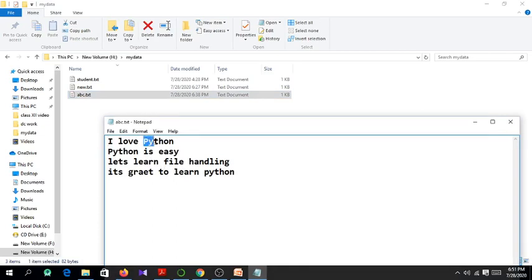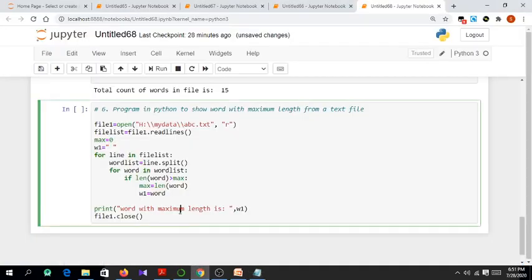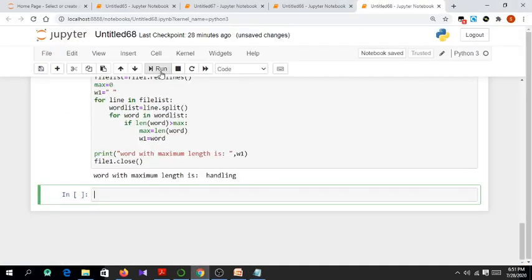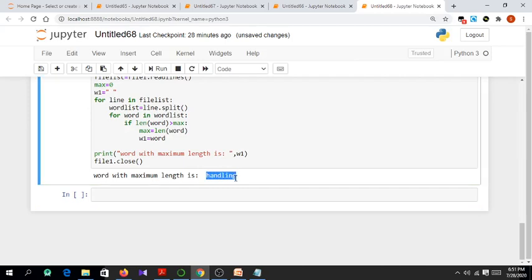This is Python, only 5 letters; file, handling 4, 5, 7 letters. So I think this is the word having the highest length, 7; no other word has length greater than 7. Our answer should be handling. Okay, let us run this. Handling. Okay, so we got the answer, the word having maximum length.